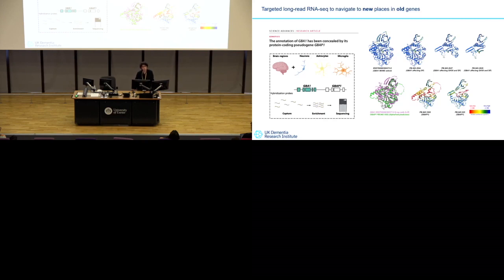What do we know or what do we not know about GBA1 transcripts? And so we applied targeted long-read RNA sequencing to both these genes. And we identified novel transcripts which would be predicted to encode novel proteins. And actually, in the case of GBA pseudogene 1, because those novel proteins actually had novel peptide sequences that can